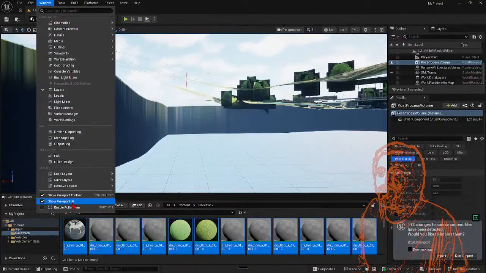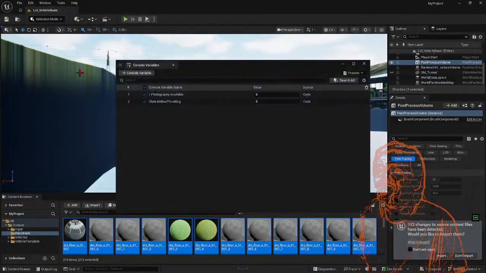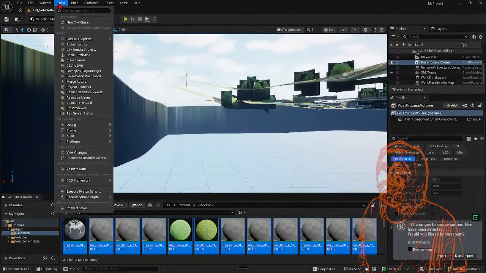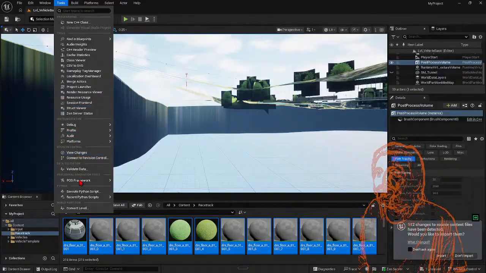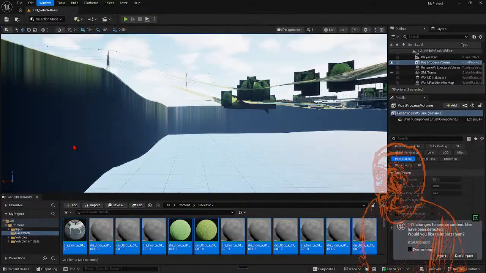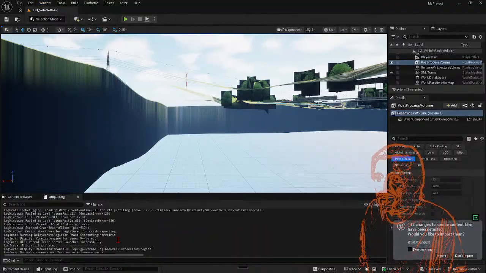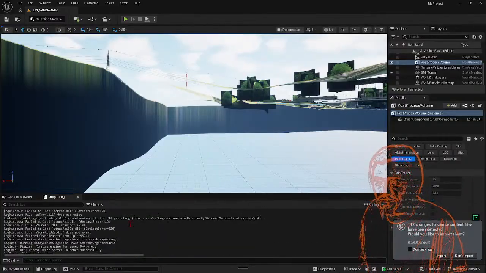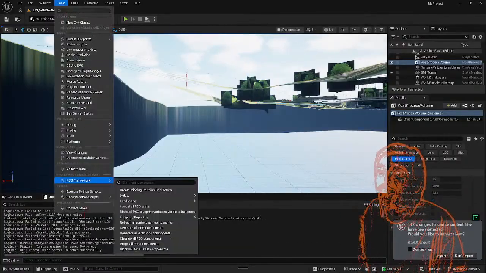Window, where is it? Console variables. No, I want an actual console. Tools. Okay. Device output. Output log. Yeah, I think that's what we need. Okay. Wait, is it up or down? Why don't we go up? Okay. Anyway,